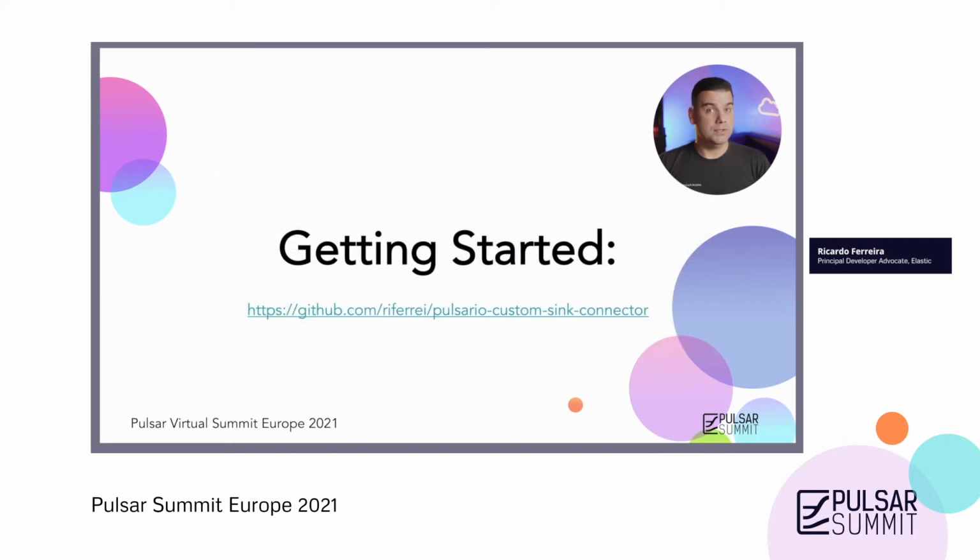The approach I'm going to use for this session is providing you with pre-existing code that I've created and made available on GitHub. So I am going to clone that repository and walk you through the structure of this code so you can understand what classes and resources you have to create in order to build your own sync connector. Also, I'm going to discuss how you can extend that code to insert your own custom logic regarding connectivity or any interaction you want to do with the system that the sync connector is intended to connect. With that said, let's start by cloning the GitHub repository.